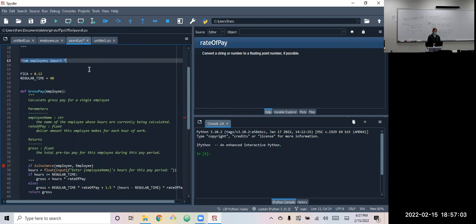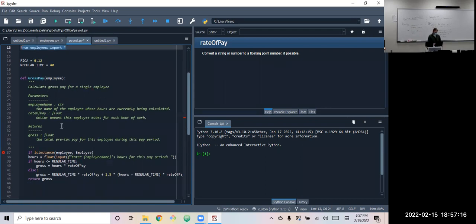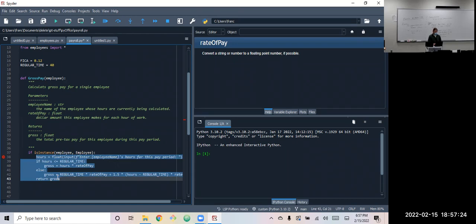Started to do this the other day and then decided I wanted to talk about abstract classes first, because it's easier in Python. We usually do this and don't worry about abstract classes. So I wanted to talk about them first. It's not necessarily that it was needed for this. But then before doing any of this calculation, we can check and make sure that we have the right type of object.